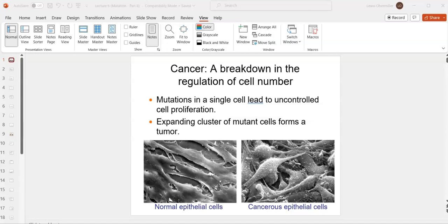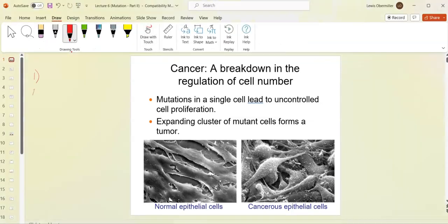Okay, class. So this is lecture 7, and this lecture is on the second half of mutation. In the second half of mutation, we're going to talk about cancer. We're going to talk about the results of mutations, and then also we'll follow up with ways to repair things. So when we talk about cancer, cancer is usually comprised of cells that are doing four